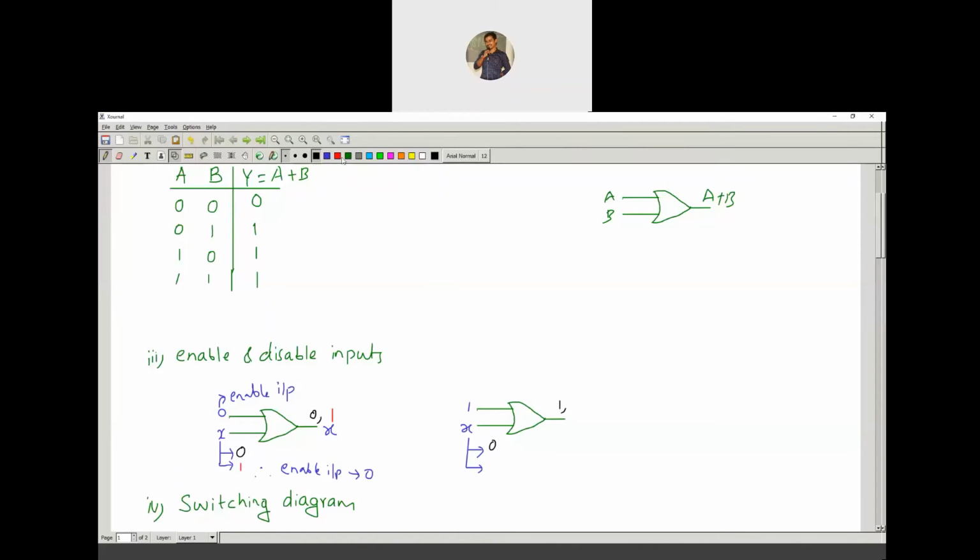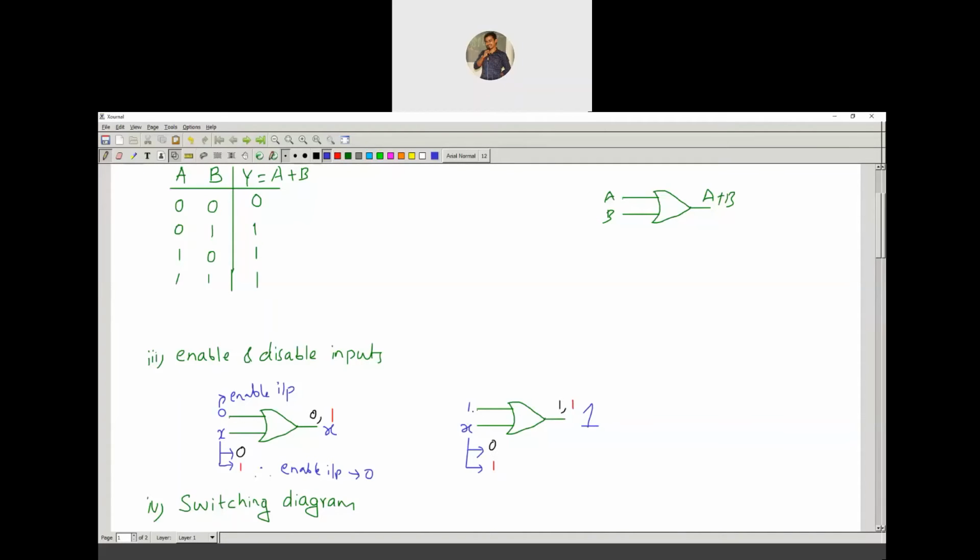And if x value is 1, for 1 1, the output is also 1. You can observe that whatever value of x you give, whether 0 or 1, you are going to get output 1 only. Always you are getting output logic 1, whatever the x value.